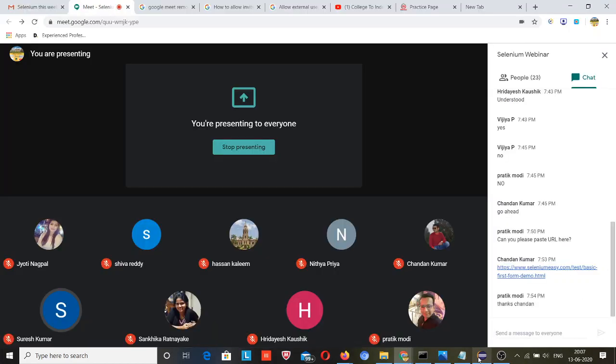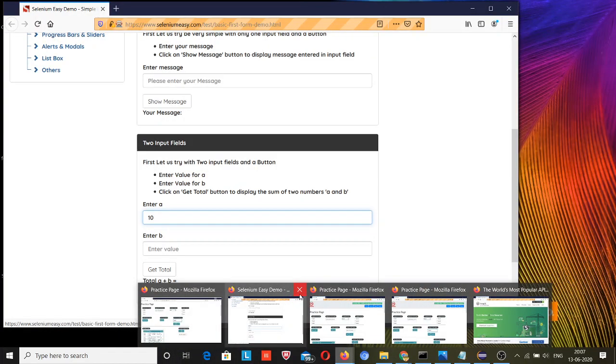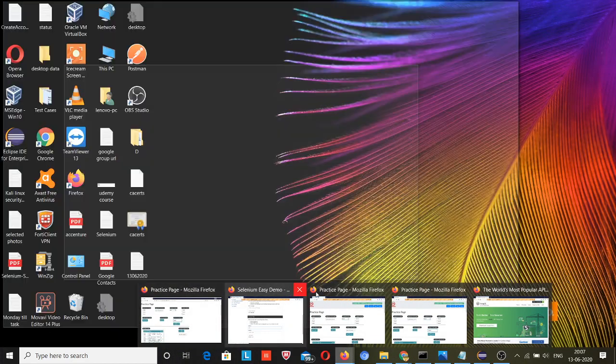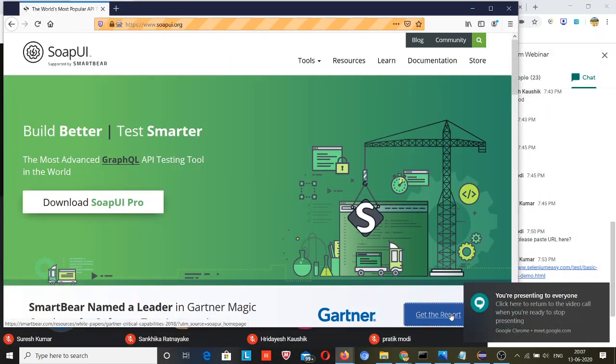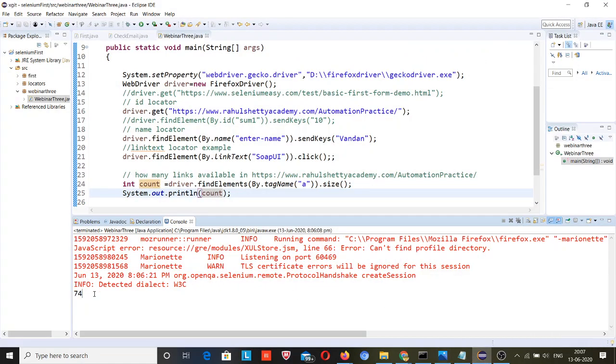What I am asking you guys, I am on this web page. The number of anchor tags present on this web page is shown as 74, but the reality is not 74, the number will be something else.